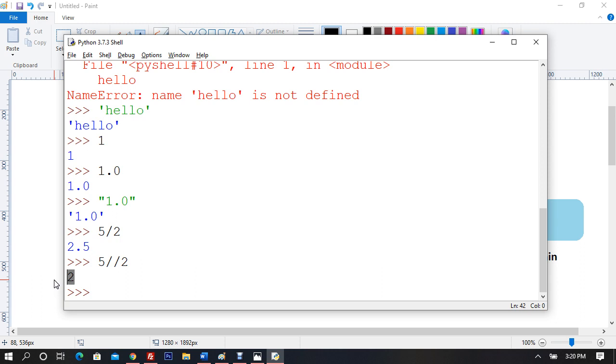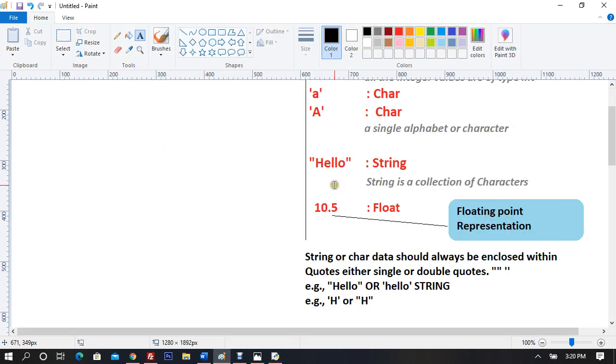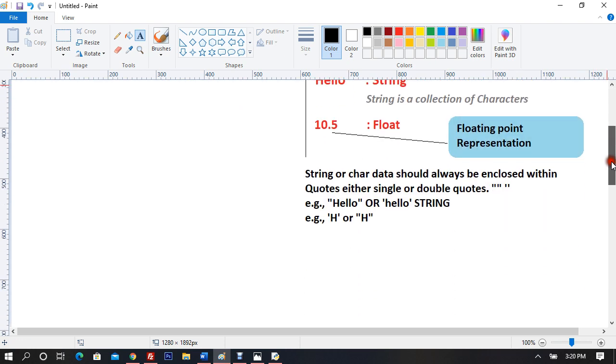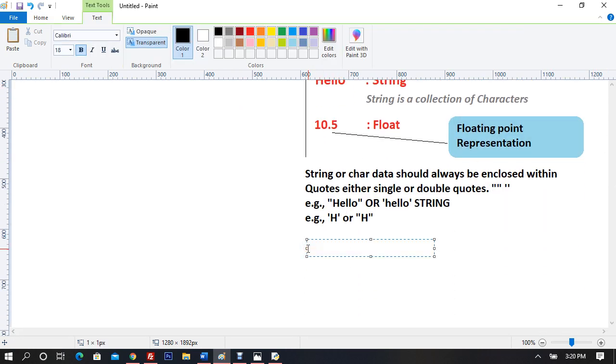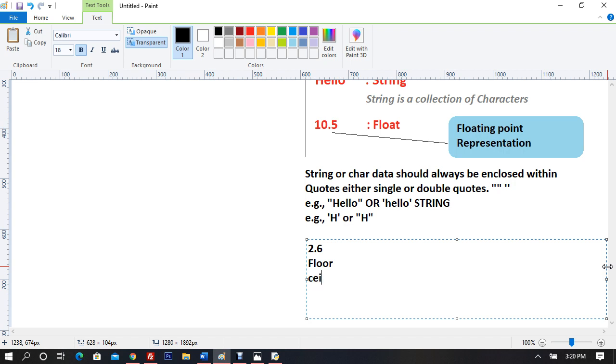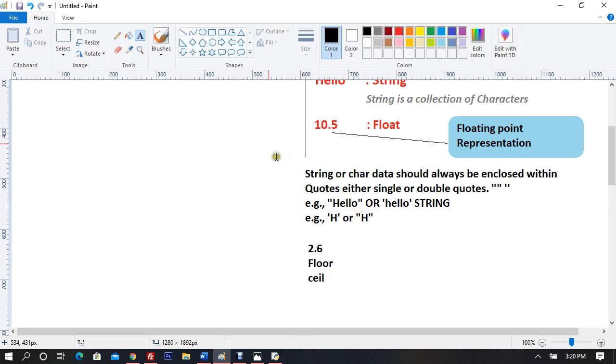Now there are two different things. One is floor, another is ceil. So let me make you understand what floor and what ceil is, right? For example, if I say 2.6, the floor means the downside, the complete downside. You have a floor at home, and you have a ceiling in the home.